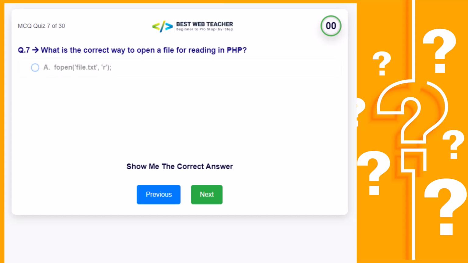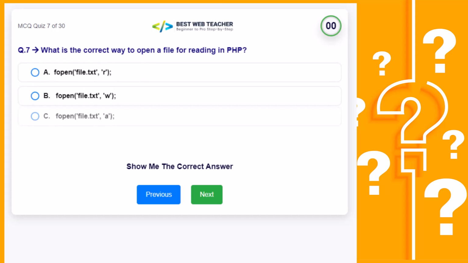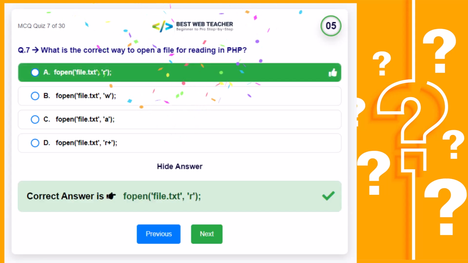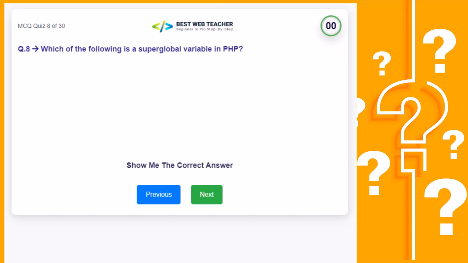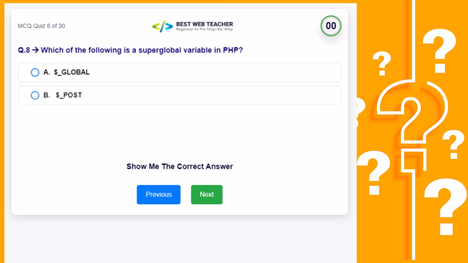What is the correct way to open a file for reading in PHP? Correct answer is Which of the following is a superglobal variable in PHP? Correct answer is